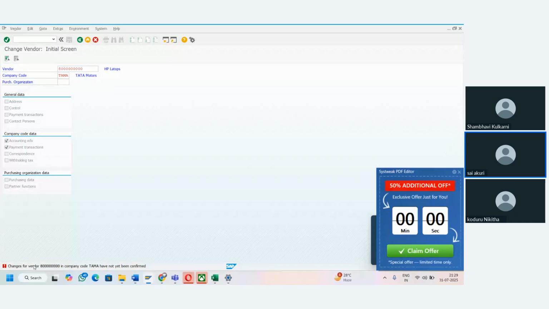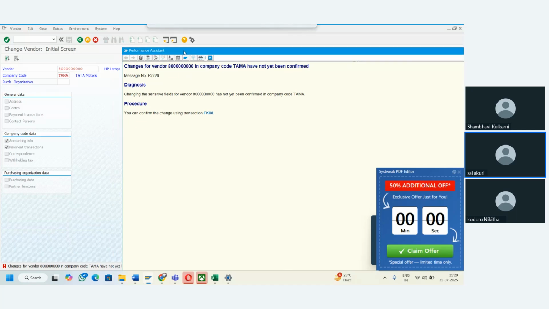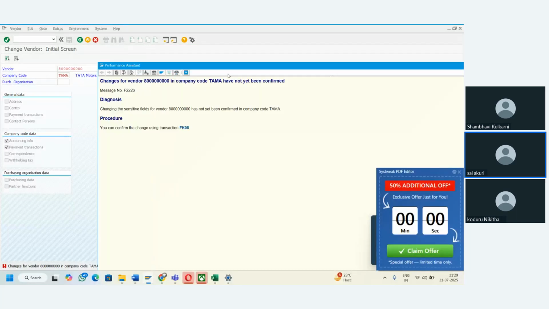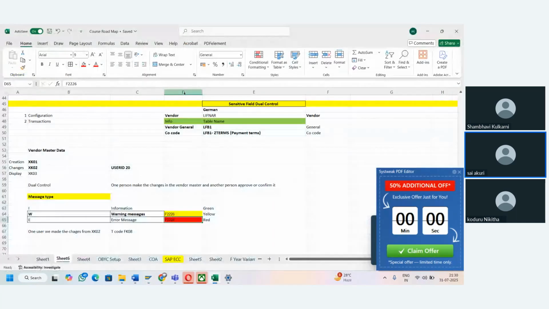Now you tell me what is the error now? Now you understand the point, right? For example, earlier it was yellow. Now it was converted to red, right? Changes for the vendor, same message. Earlier it was showing as a warning, so when you click on enter, it will proceed. Now the same message was converted from warning to error. Okay. So for this, what we need to do, if we need to check the changes, I need to open the